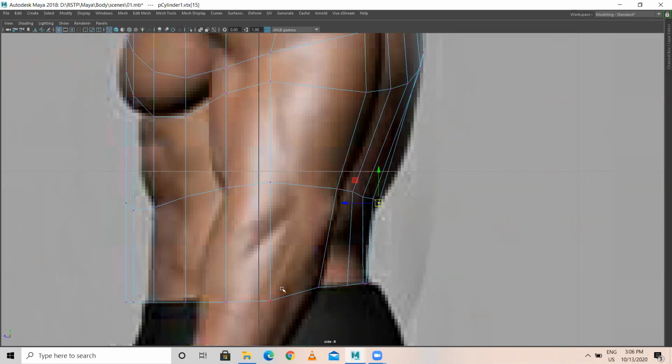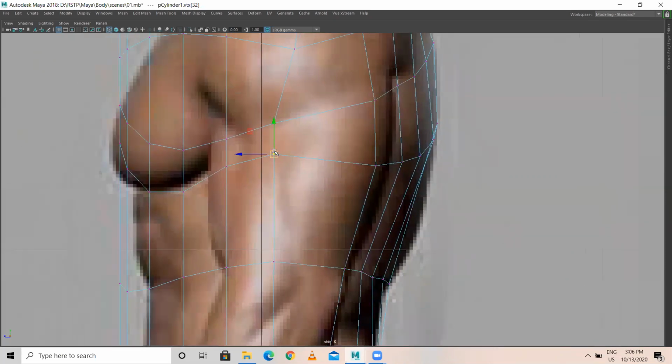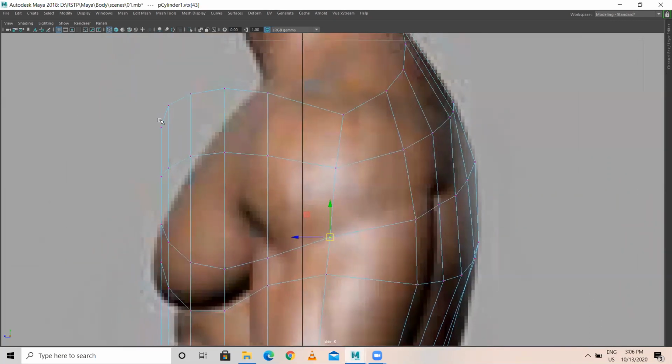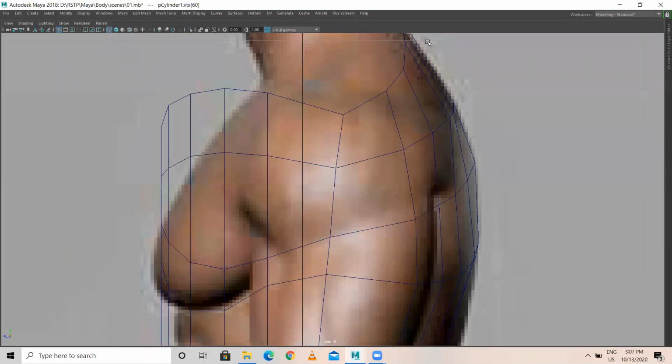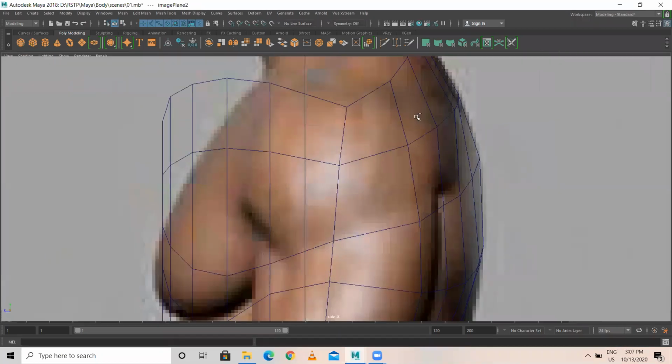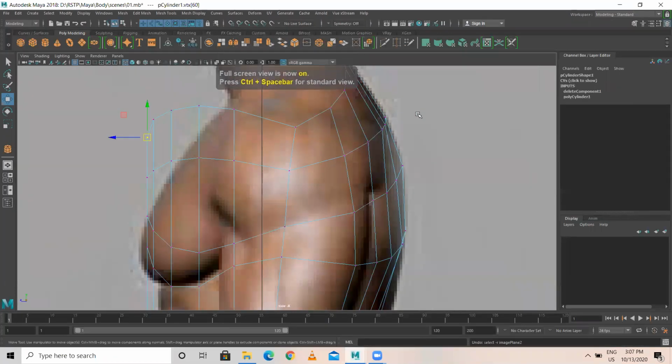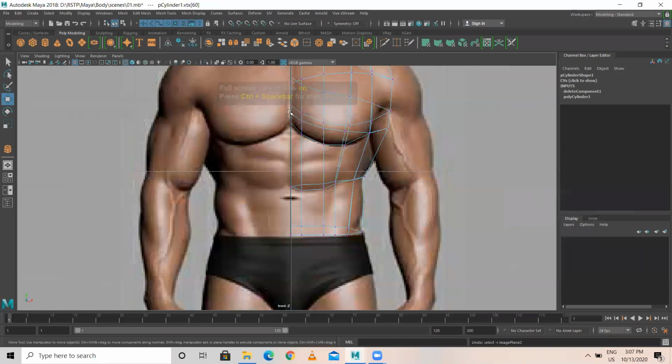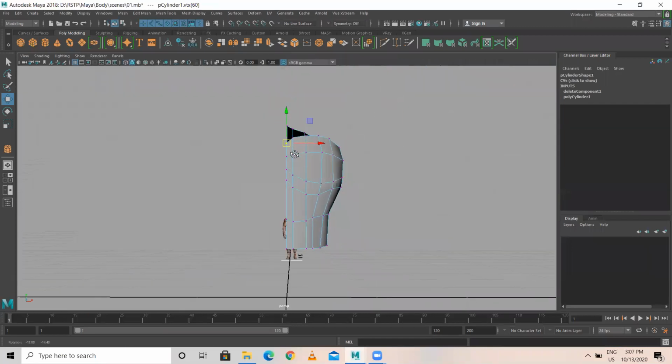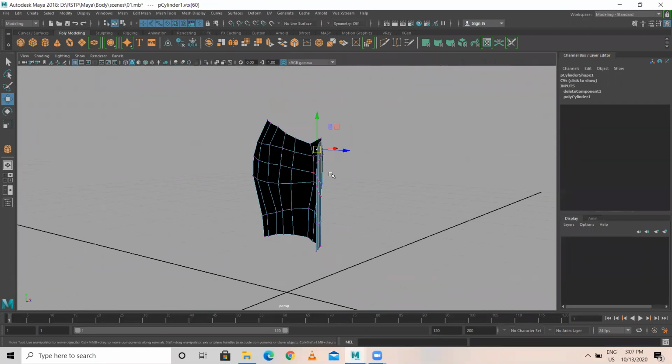Fine. After this, I'll come to the front part. So here, the first line, 1, 2, 3, 4, around first line here. The first line here, this should come inside.